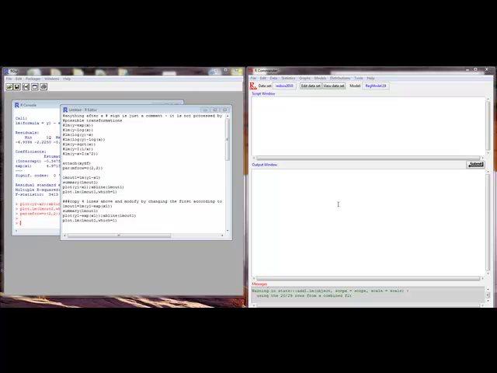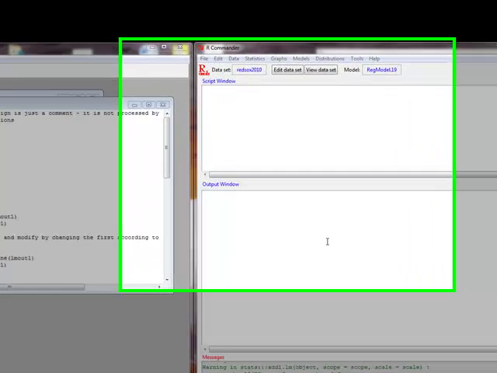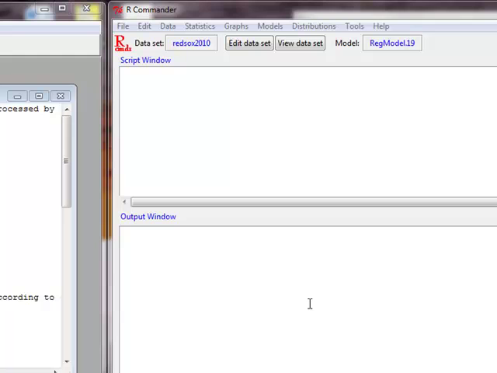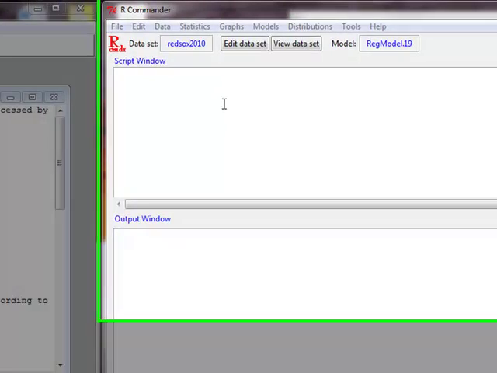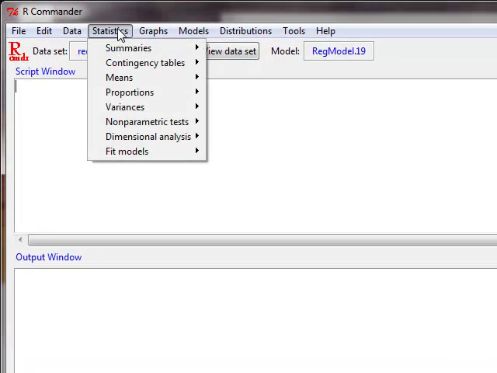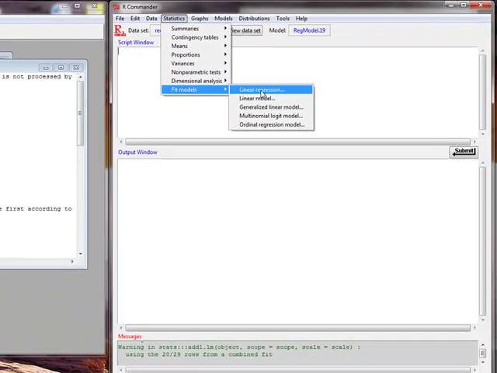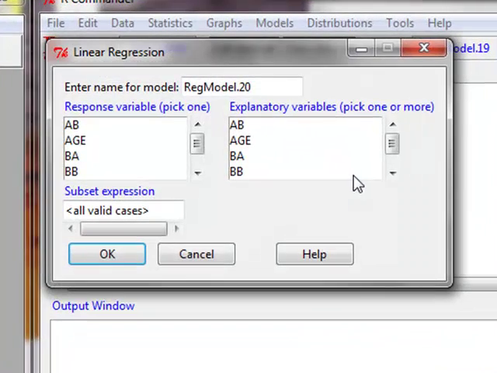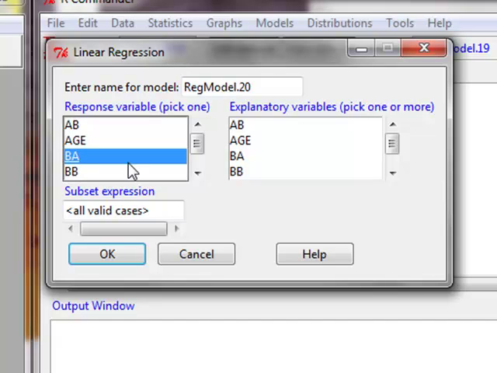But before I leave this video, I want to actually correct one thing from a previous video. And to demonstrate this, I've actually loaded in the Redbox 2010 data. And what I want to show is how to include more than one variable. Okay, so let's say I want to fit a model. I'm going to go to linear regression, and let's say I want to look at batting average as my response variable, and I want to pick out a couple of these variables. So let's say I want